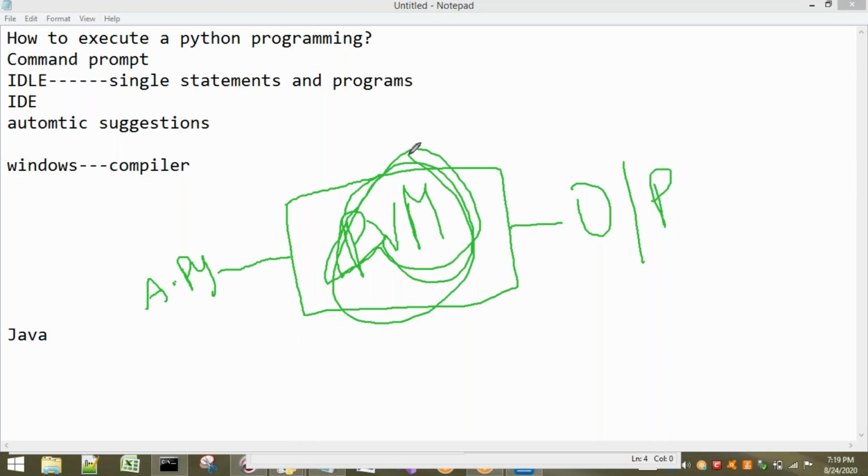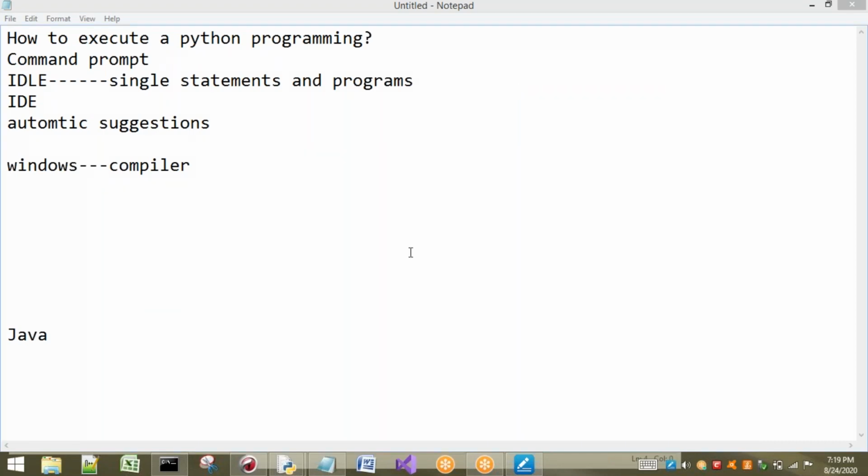Compared to other languages, Python program execution is easy. So this is about program execution.